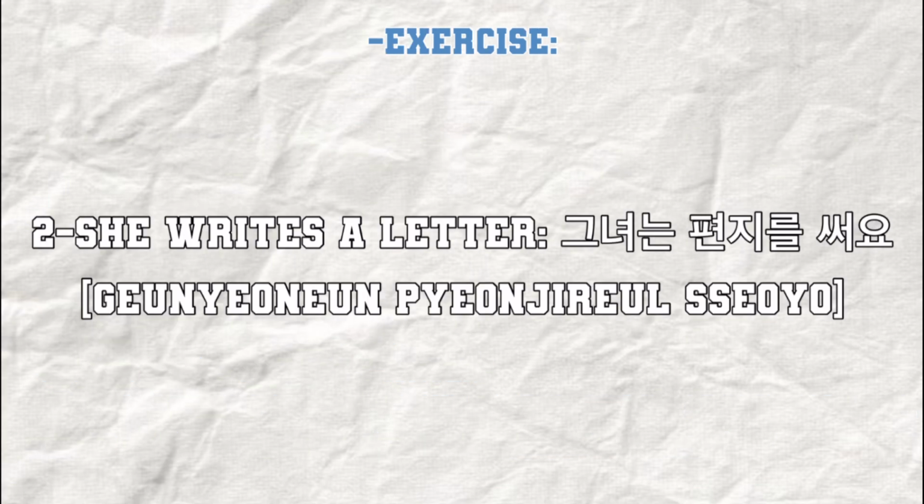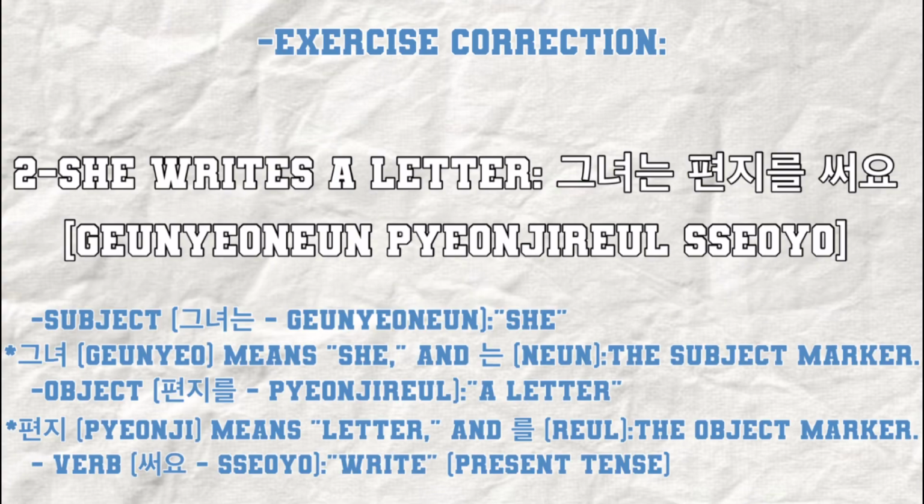Now let's see the second sentence. She writes a letter. 그녀는 편지를 써요. And here's the correction. We have the subject 그녀는. 그녀 means she, and 는 is the subject marker. Object 편지를. 편지 means letter, and 를 is the object marker. And lastly, we have the verb 써요, which is the verb to write, 쓰다, conjugated in the present tense